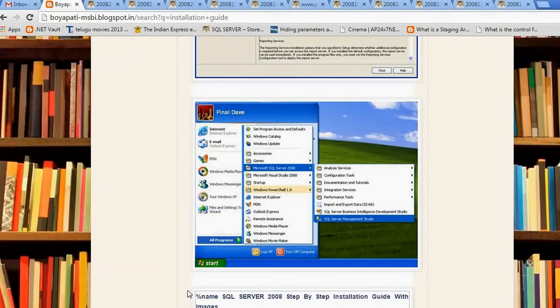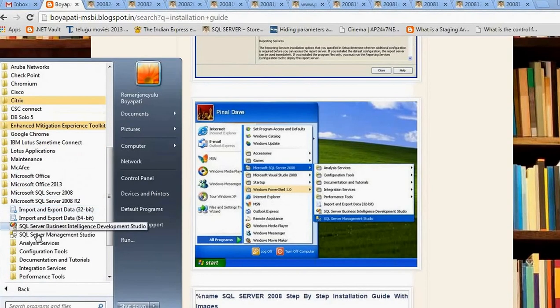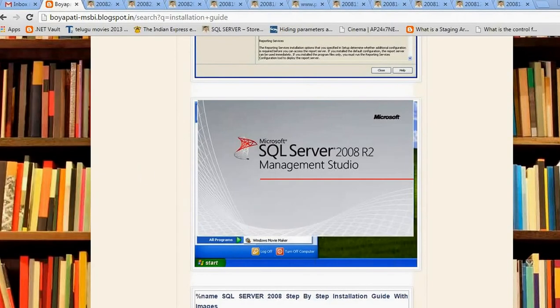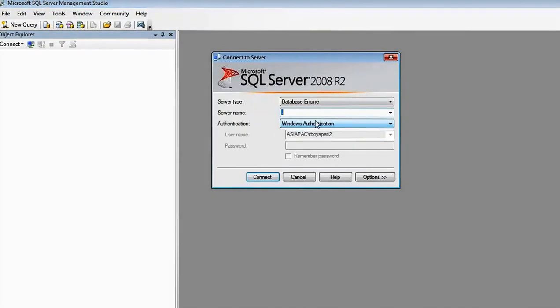Okay, after that you can go here and click on SQL Server Management Studio. Try to log in here with Windows authentication and with SQL authentication. Here you have to give the server name. The server name means your computer name.